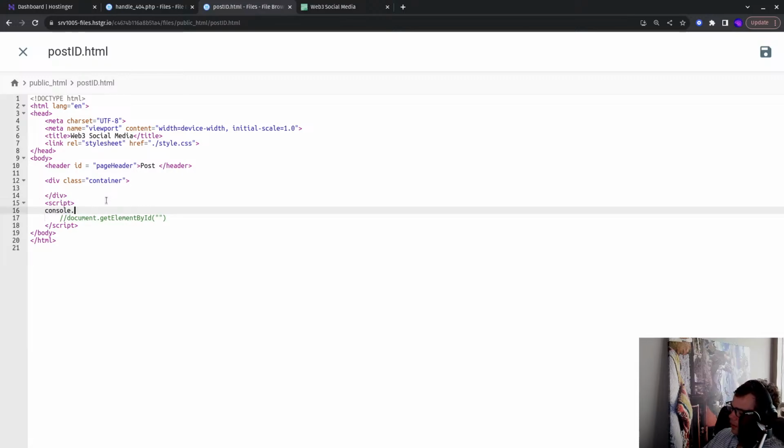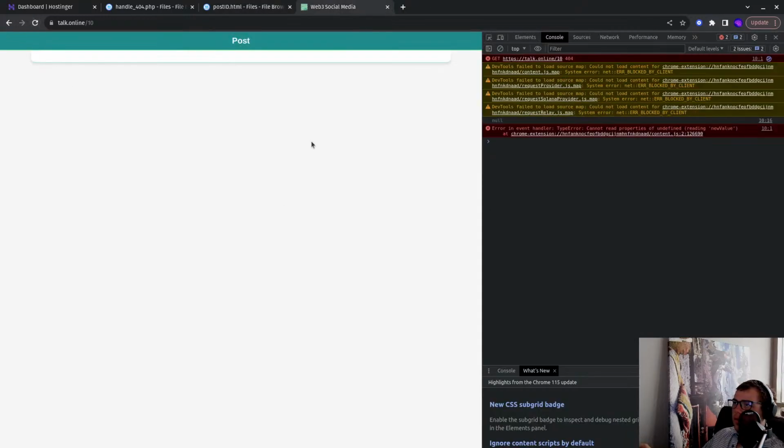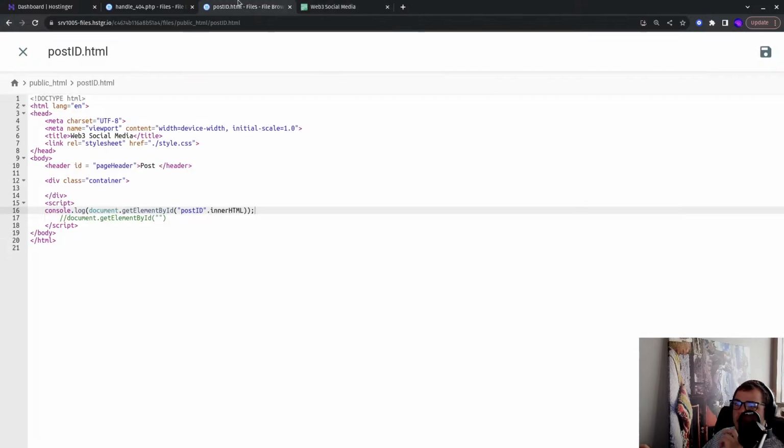Console.log document dot get element ID post ID dot enter HTML. All right, and let's reload this page, see what happens. It says null 1016. Okay,